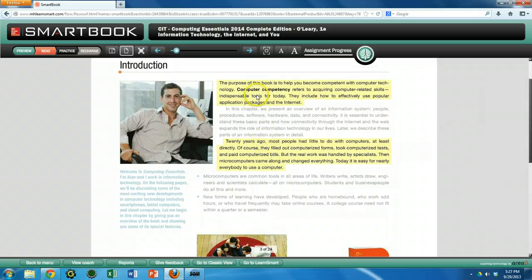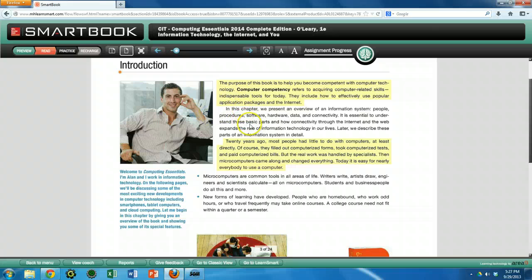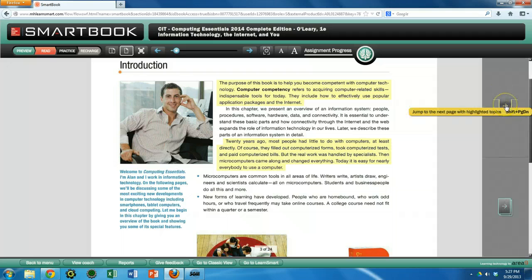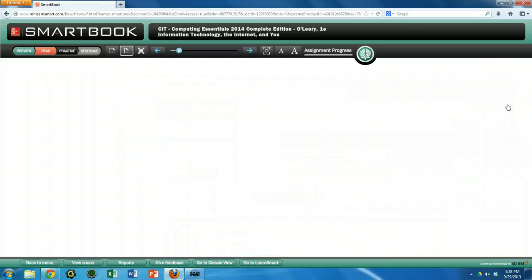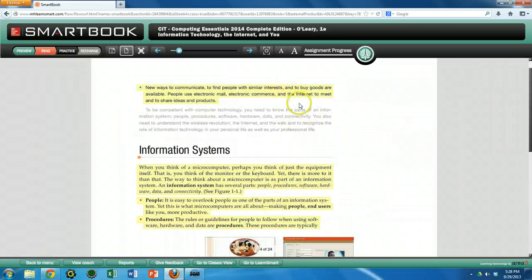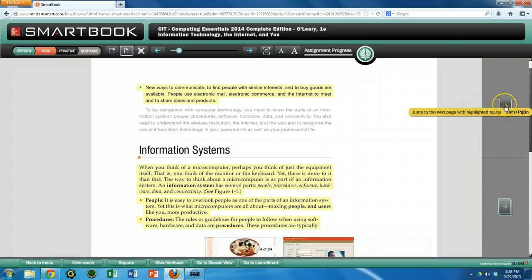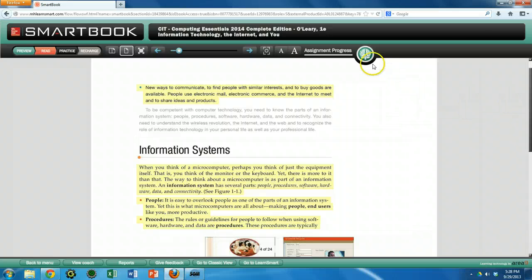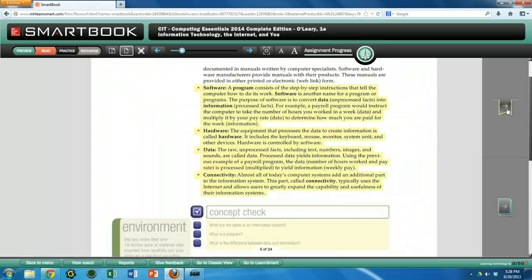Certain items are going to be highlighted. These are considered the most important topics at this moment. These are for the people that are very familiar with computer topics. If you're not, I recommend undimming the other areas and reading those as well. For those of you that are skilled, you can just press this button up here at the top. This will move through the book, only going to those chapters that are considered the most important for those who are skilled. Okay, as you're going along, it's going to show your assignment progress,